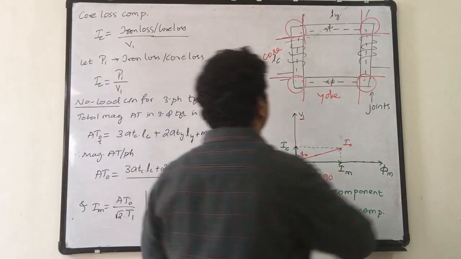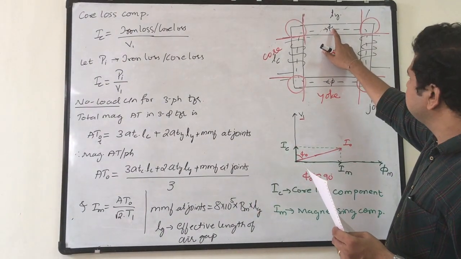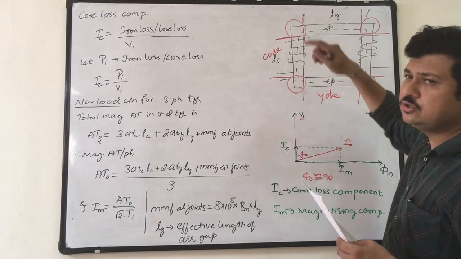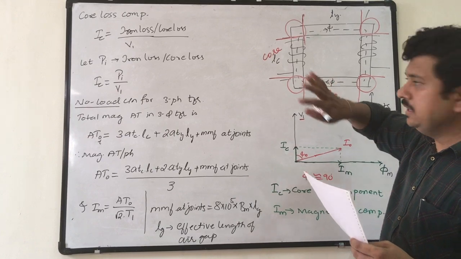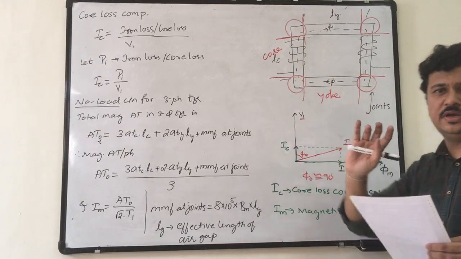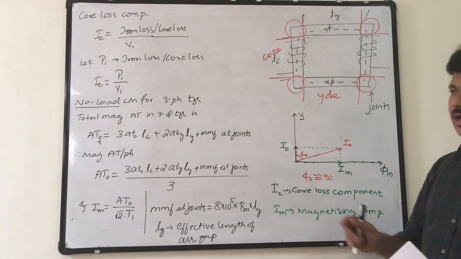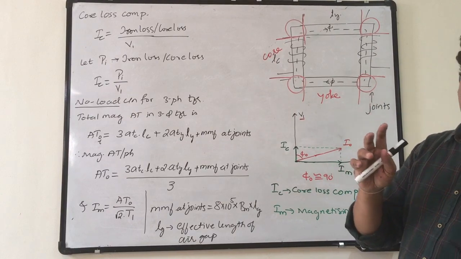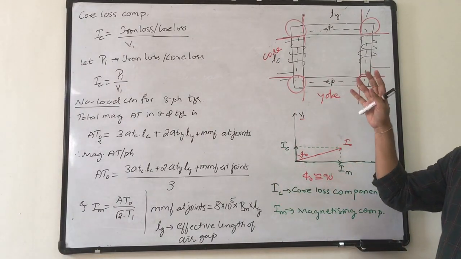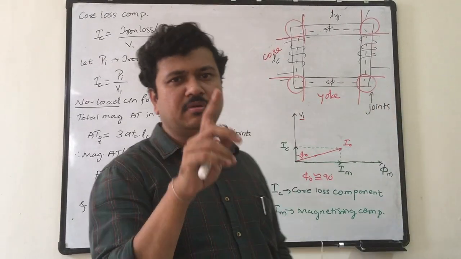Remember here the flux phi has some value phi m. The value of flux in the yoke should be phi m, in the core should be phi m, and in the joint should also be phi m. But the structure of the core is different, the structure of the yoke is different, the structure of the joints is different. So I have to consider the MMFs at 3 different points in the frame, such that all 3 MMFs will yield the same flux.